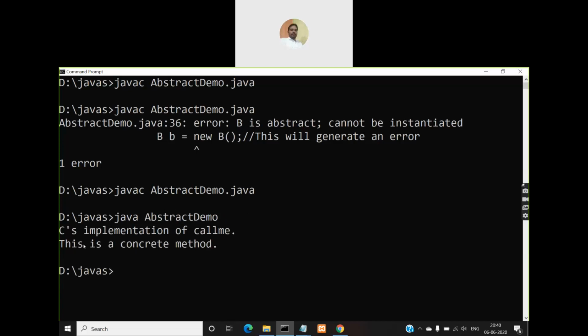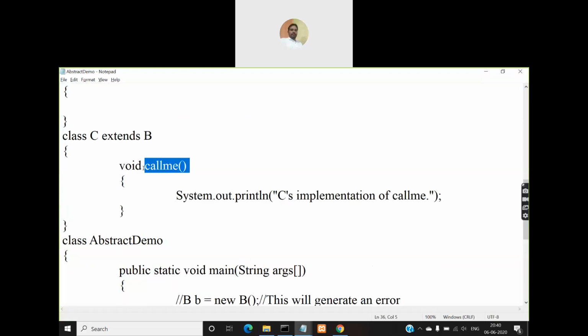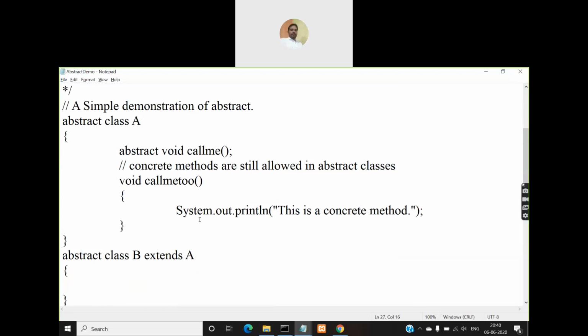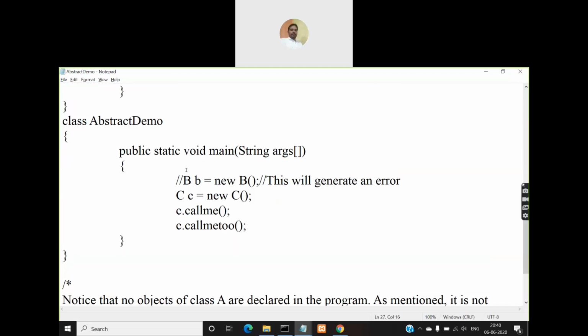So you're getting the output as C's implementation of call me. This is a concrete method. So when you call the call me method, it will display C's implementation of call me. And when you call me to, it will display this is a concrete method, right? If you try to create an object for class A even,